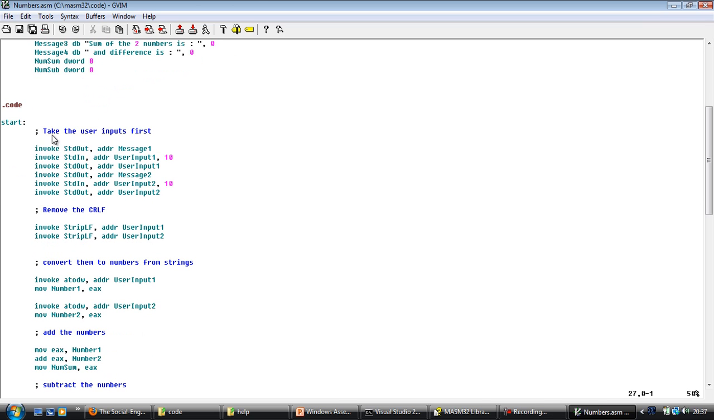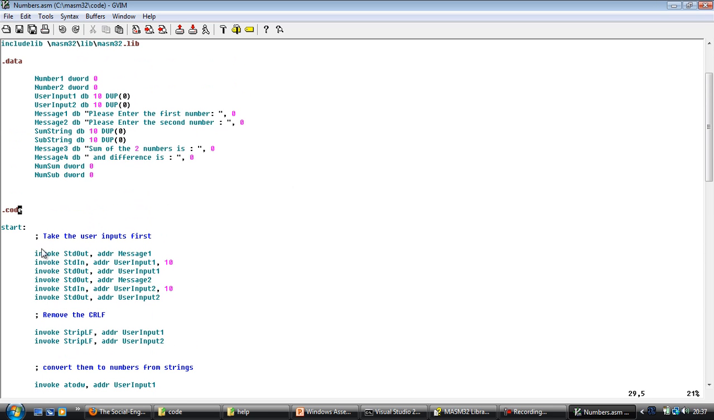So the first step is to take user input. Now this can be accomplished by using the stdin library call available with MASM32. So what I've done is I first go ahead and print message 1, which is please enter the first number, then take the first number as input, then send the second message which is please enter the second number, take the second number,